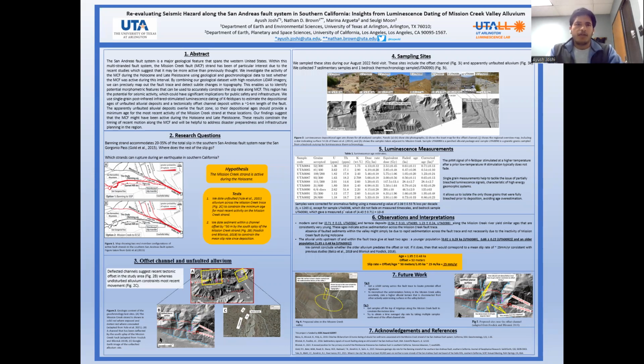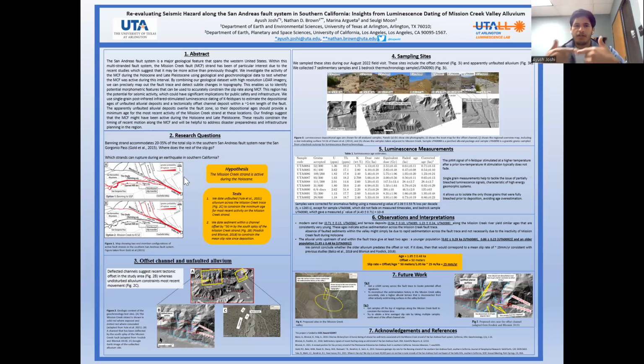So, in this study, which I'm presenting here, we're trying to reevaluate the seismic hazard in Southern California. Southern California is a very interesting region, especially for geologists, because it's seismically really active and the fault activity is really complex here. As I say so, I would like to draw your attention to panel number 2, figure 1. So here you can see that an intact San Andreas fault in the Coachella Valley region gets divided into multiple strands as you move further northwest in this direction.